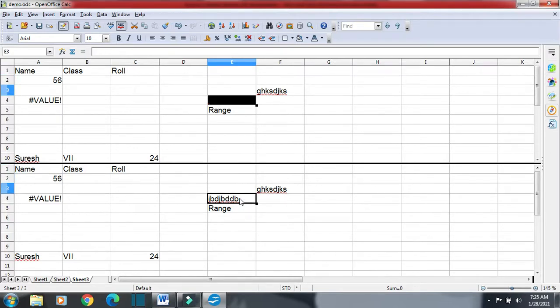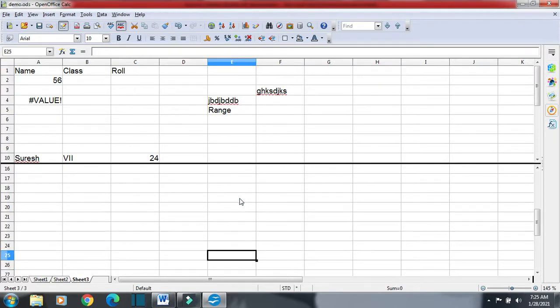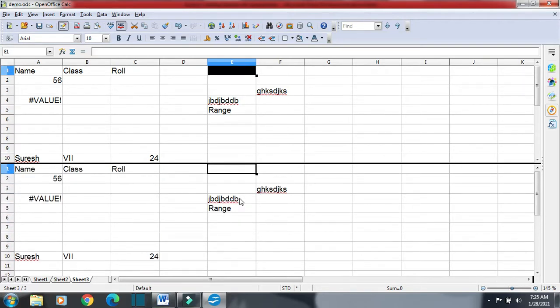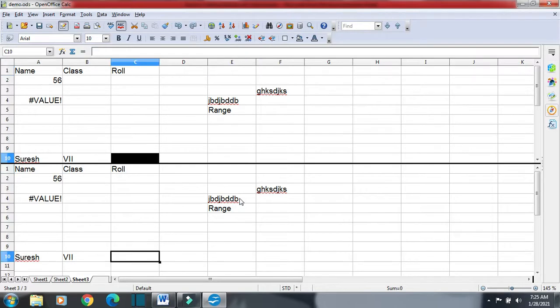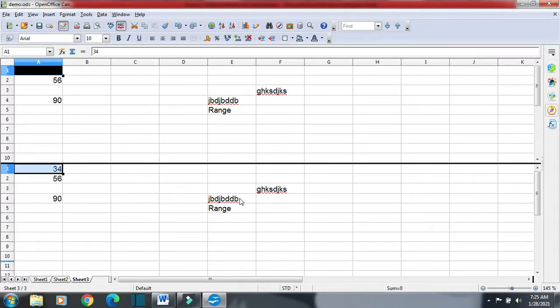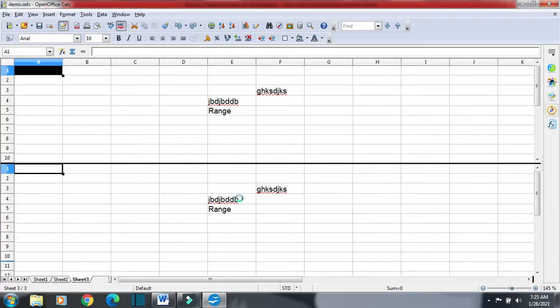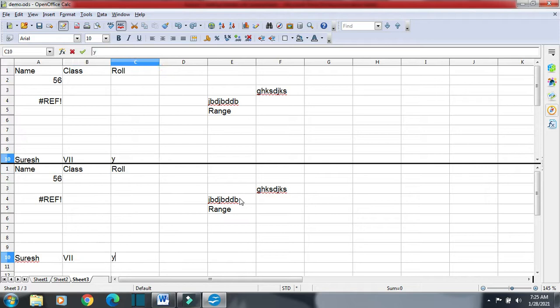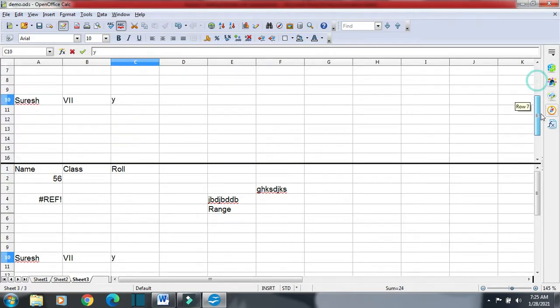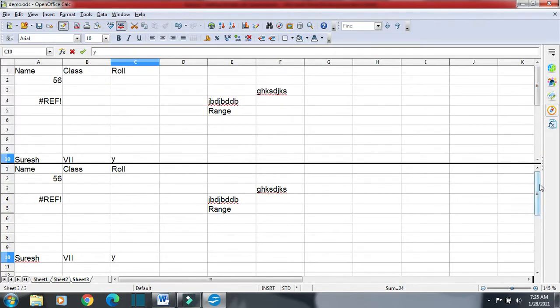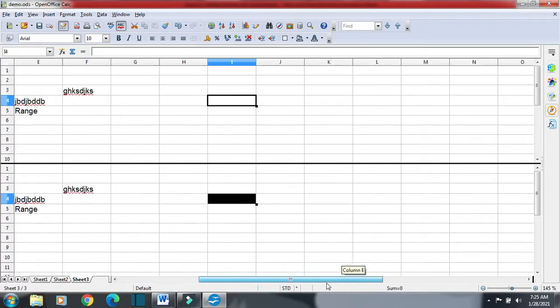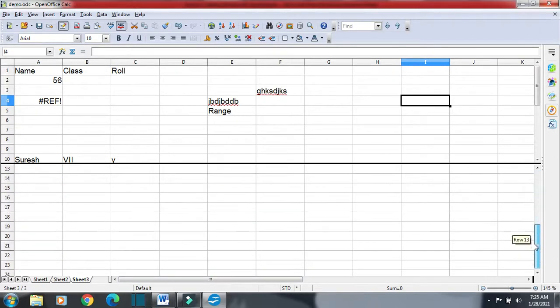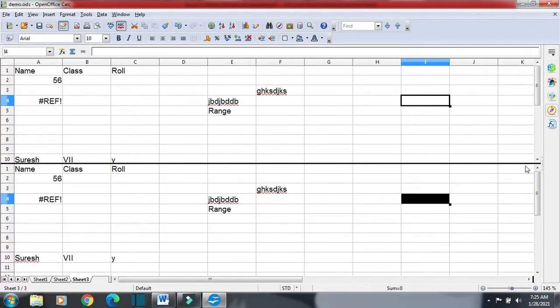In both the screens we can work at the same time. Both the screens can get scrolled also.